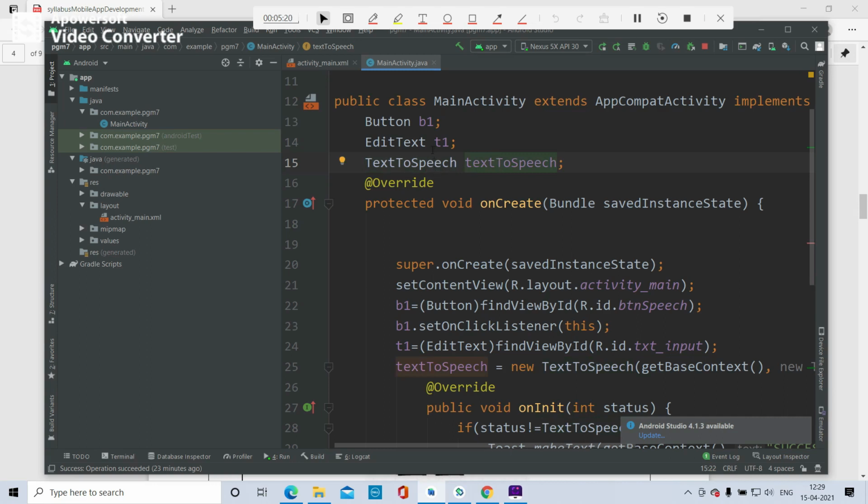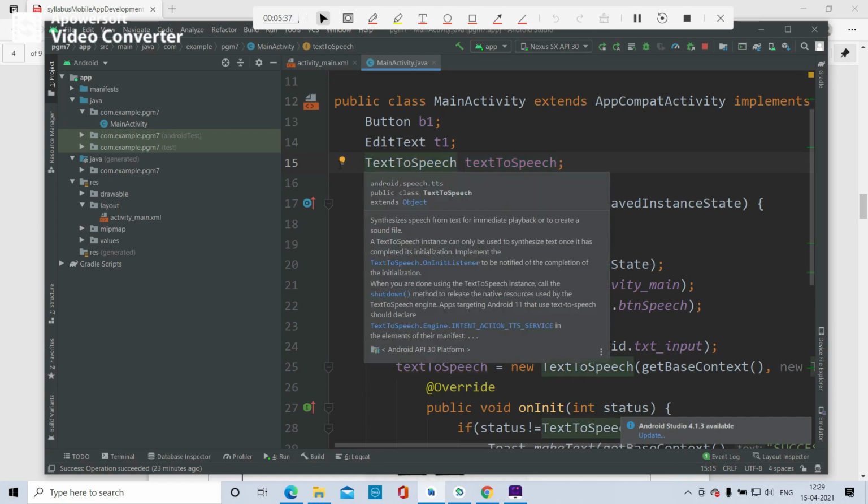For the text view we are not creating any object, but textToSpeech is the object of the class TextToSpeech.